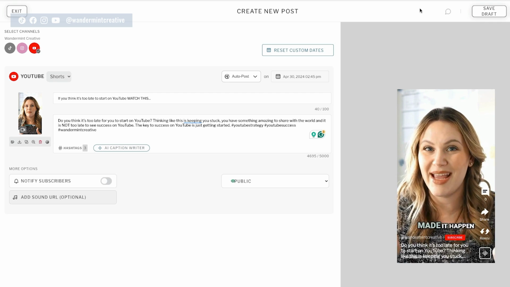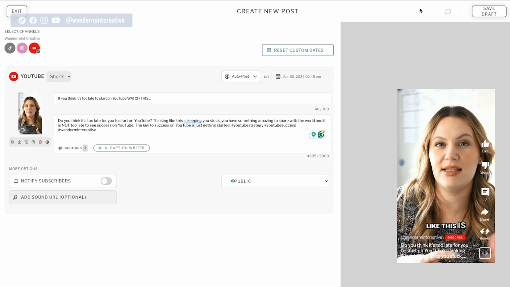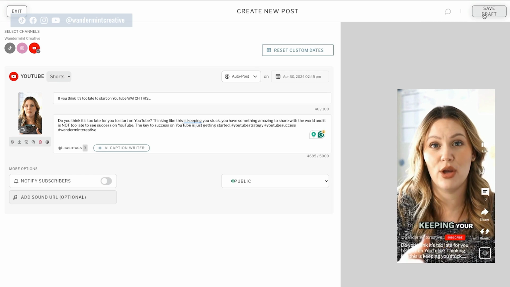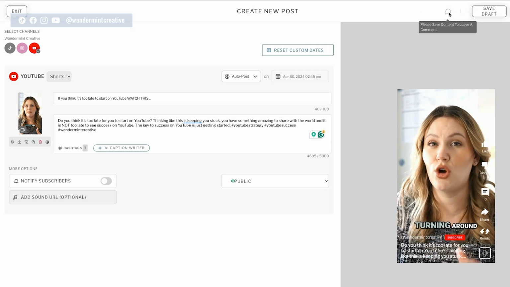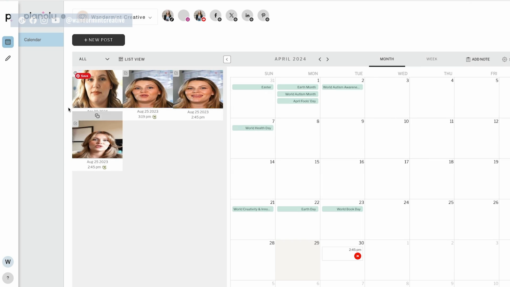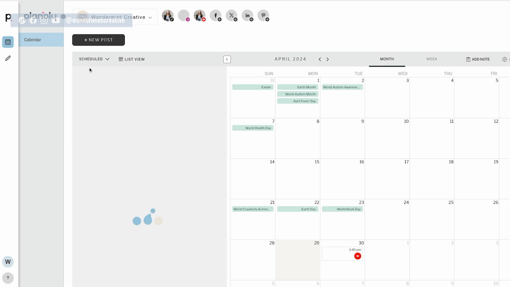The last thing I want to point out, and this is a really neat one as well if you're working with a team, is this comments feature. So what I'm going to do, you have to actually save the content to be able to leave a comment. So I'm going to say schedule here. And then you're going to see right on the left-hand side, the bank of videos here, and you can change this to scheduled. So you can see just everything that's been scheduled. And if you actually click on this and come back into it,